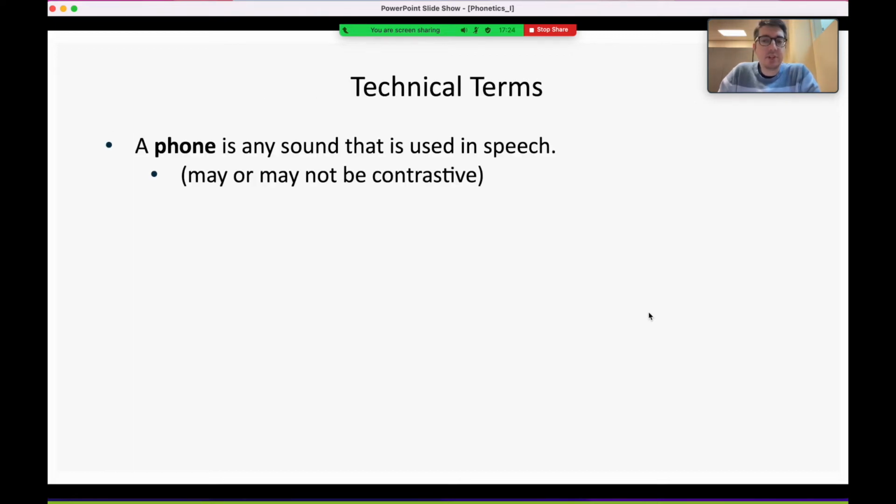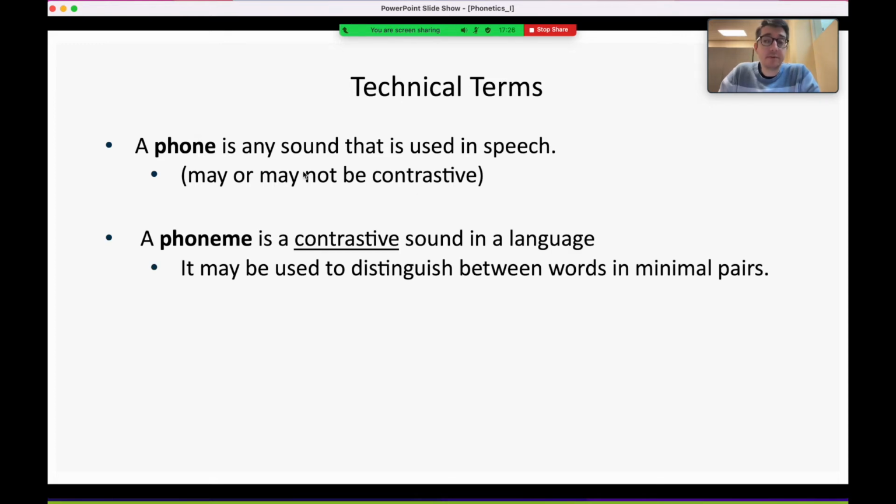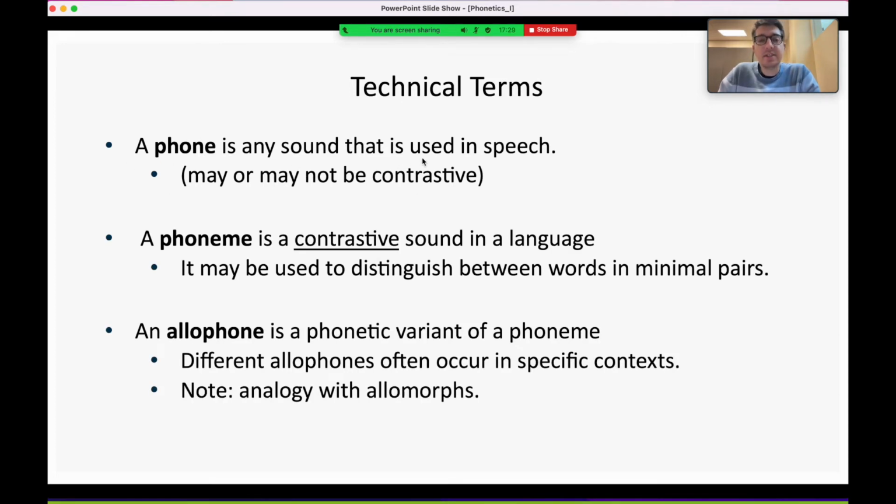Some technical terms that we need to be aware of, there are three of those. A phone is any sound that is used in speech. So basically any sound used out there we can call a phone, like phone, which means sound in Greek. A phoneme is a contrastive sound in a language, so that's very important. It needs to contrast with some other sounds. And an allophone is a phonetic variant of a phoneme. Different allophones often occur in specific contexts, as we will see with the analogies with allomorphs, when we learn